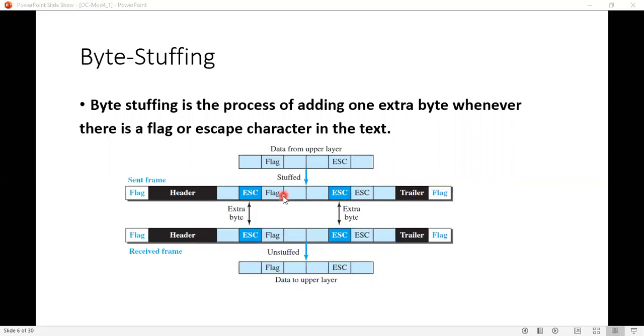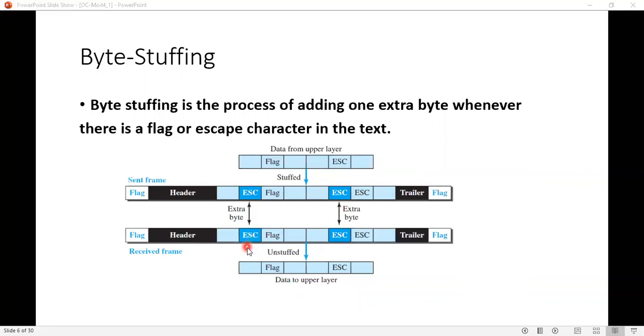Now when this particular frame reaches the receiver, the receiver will identify the flag first, then it will read the header, then it will start reading the information, and here it sees an escape character. When it sees the escape character, it will understand that whatever comes next is data or information.